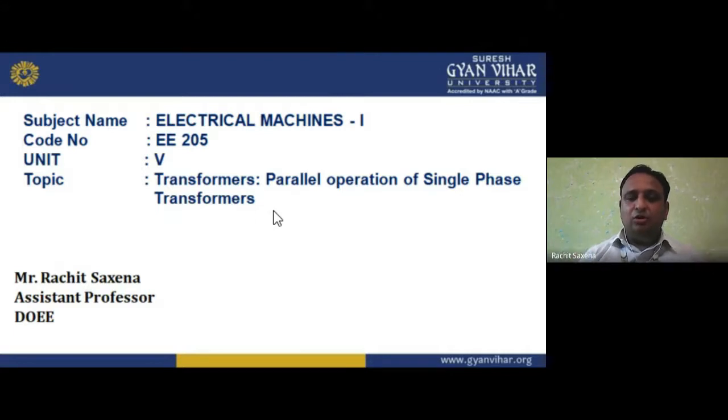If I am talking about rotating electrical machines, they are machines or devices used to convert one form of energy to another form. One form may be electrical, another form will be mechanical. So they convert electrical to mechanical, mechanical to electrical. With electrical input and mechanical output, we get a motor, and with mechanical input and electrical output, we get a generator. So we have the motor and the generator.